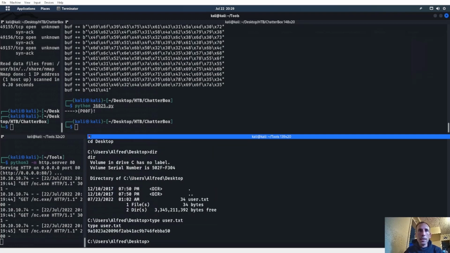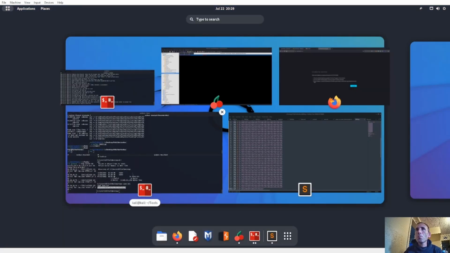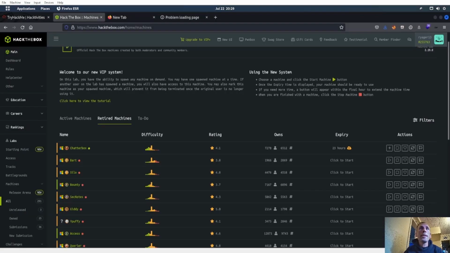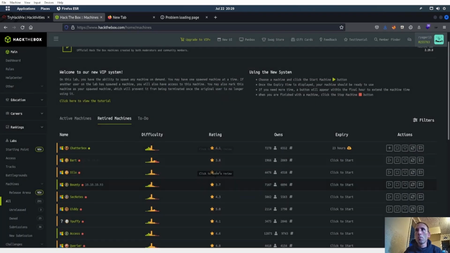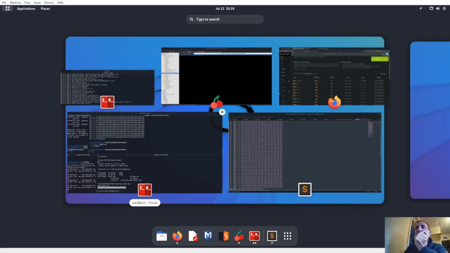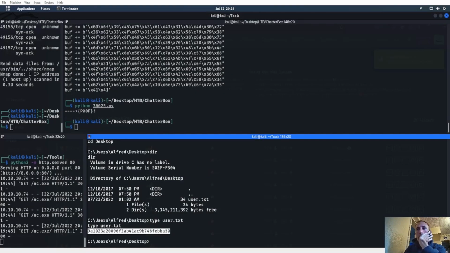Grab that user.txt first. Go on, we'll throw that back into here. So we'll submit a flag for user.txt. So it's like a 4. Okay, now we just got to figure out